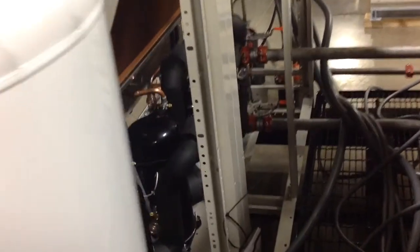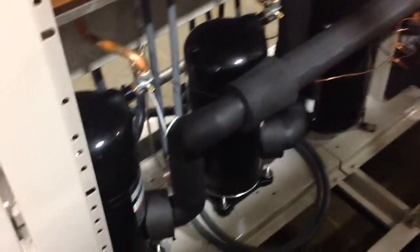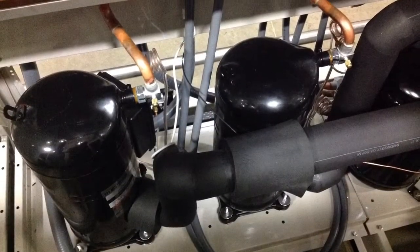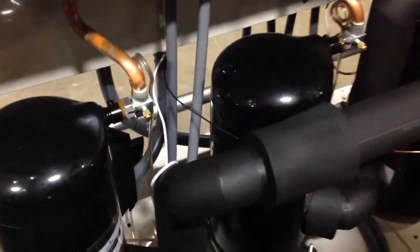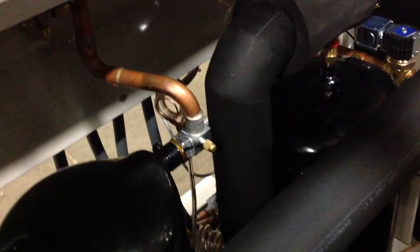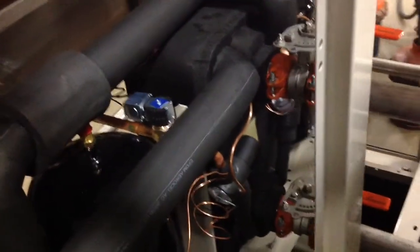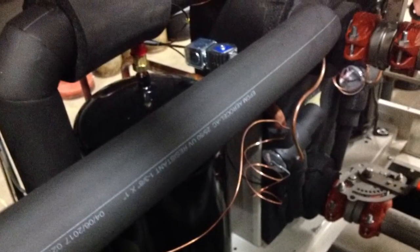And now we'll move in and get a closer view of the components in the lower side of the mechanical module. We see our 2 compressors, again, independently circuited to the condenser and independently circuited to the evaporator. Moving to the right, we'll see the first receiver, liquid line solenoid valve in the background on the right, expansion valve for the first circuit, the evaporator with the manual isolation valves on the top and bottom header, and